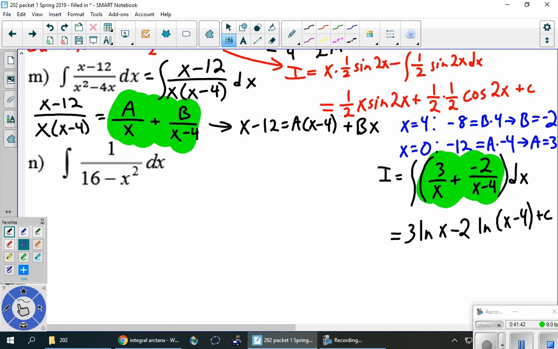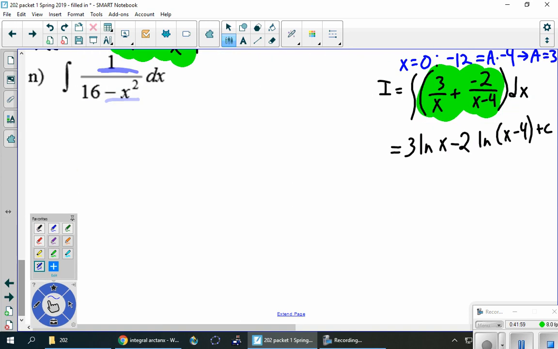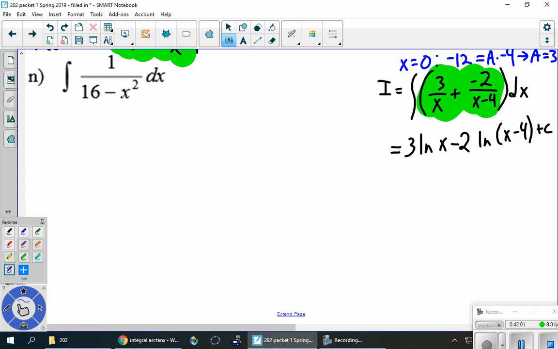Okay, and then part n. Integral 1 over 16 minus x squared. Okay, same deal. I think maybe letting u equal the bottom, but then du is negative 2x, which is not sitting there waiting to cancel. But the bottom is factorable. So let's factor the bottom. And once we factor the bottom, I think it's going to look quite similar to the problem we just did. So this equals integral 1 over 4 minus x times 4 plus x